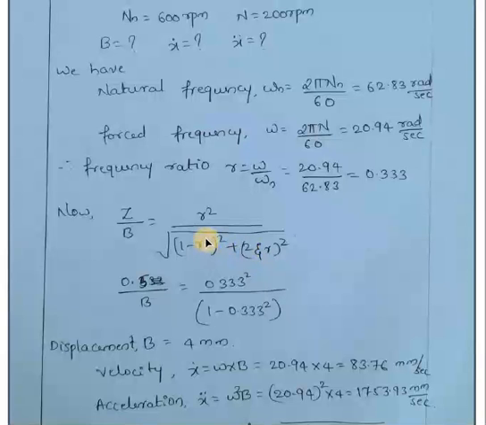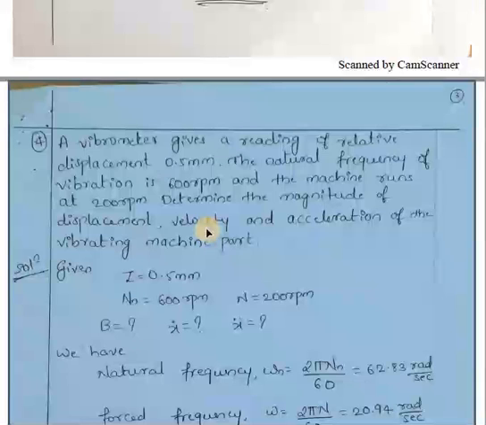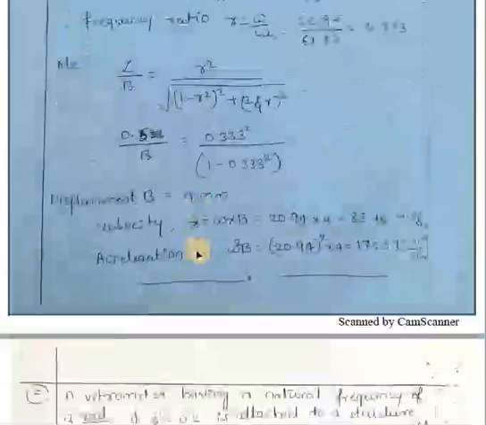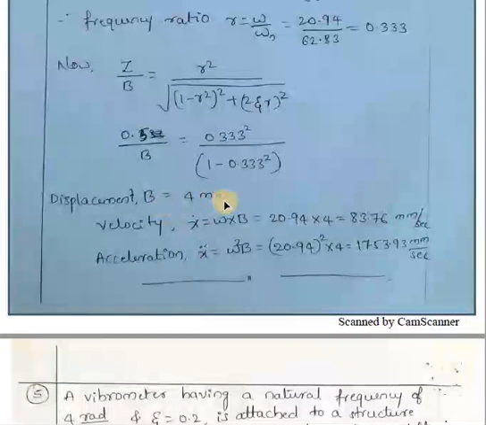In this equation, he has not given any information about the damping factor, so you can eliminate this term. So only consider this: it will be r square divided by 1 minus r square. So r is already calculated and z is given, so the only unknown is b. So the displacement will be 4 mm